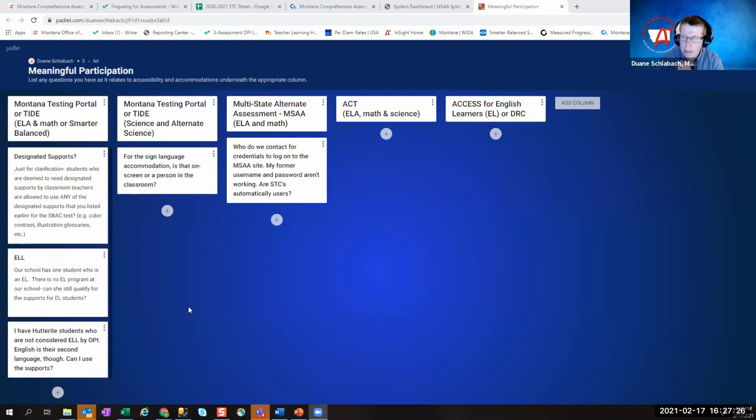And then I have Hutterite students who are not considered EL by OPI. English is their second language though. Can I use the supports? Jacob. That's interesting. Are they not considered EL because they have exited from EL status and tested proficient? In that case, if they've tested proficient and have been exited from EL status, then